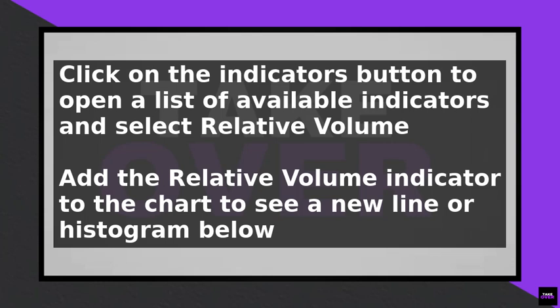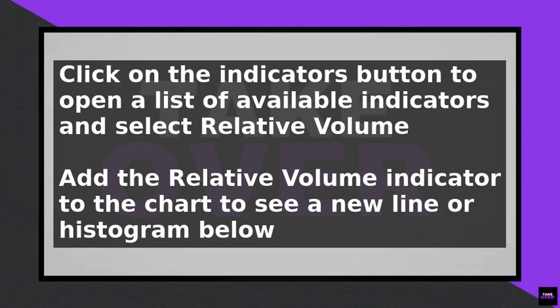To interpret the relative volume, look for values above 2 or 3, which can indicate unusually high trading activity. This can be a sign of a potential trend reversal or a breakout. On the other hand, values below 0.5 can indicate unusually low trading activity, which can be a sign of a